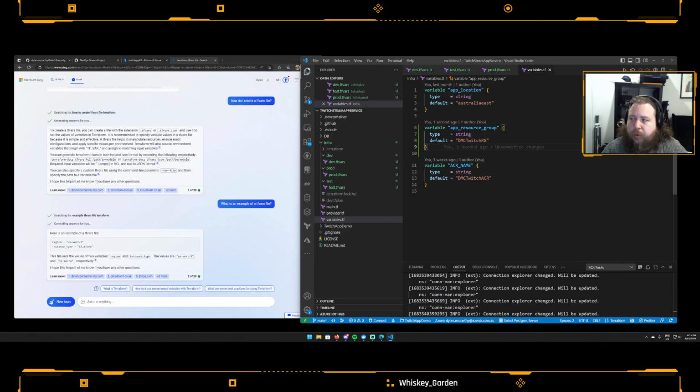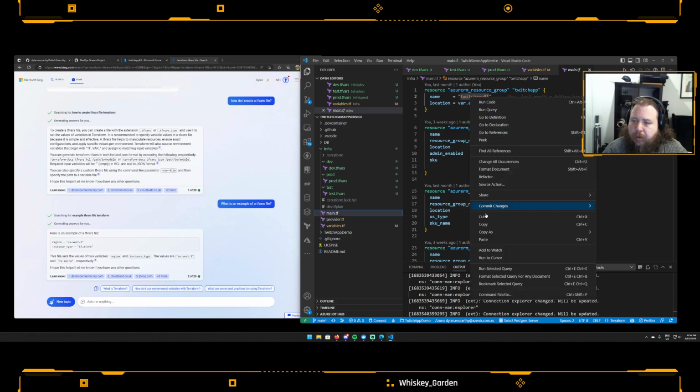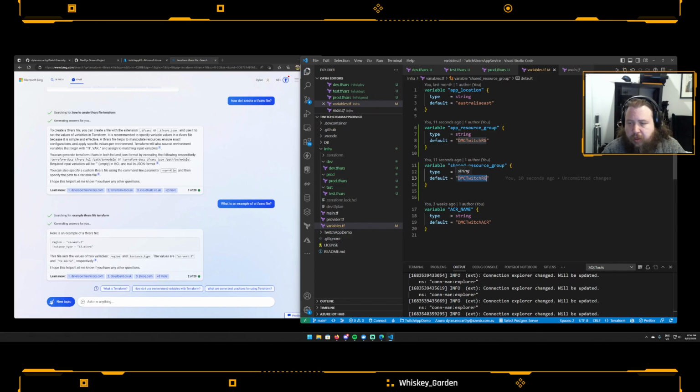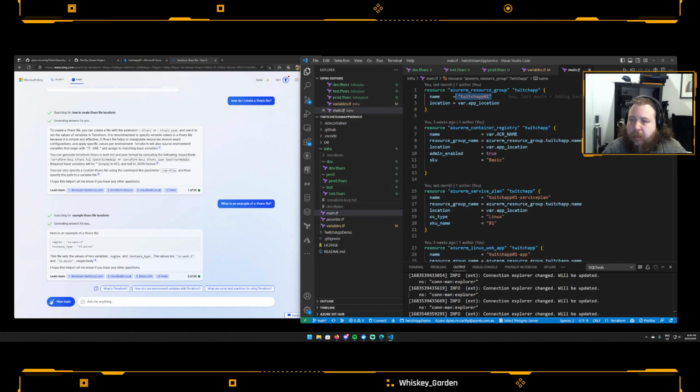Fine. Now, we're going to make sure that we keep the resource group for the ACR the same, so we're going to do a variable shared resource. Two for now. Gotta stop hitting the wrong shortcut. Now that one we will grab this value here, put that there, and then we'll go back into our main, and this will be shared resource group. Okay, and we'll rename this to shared,